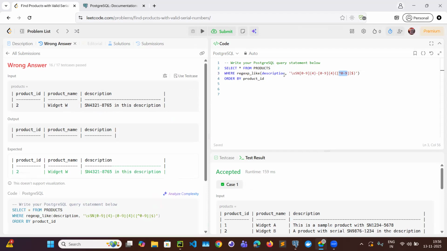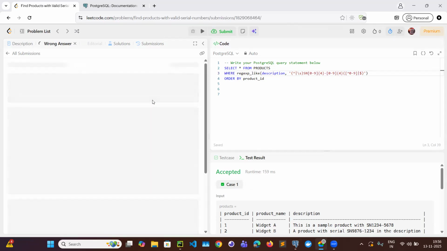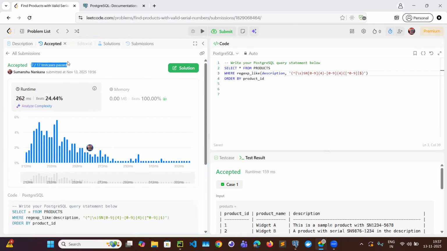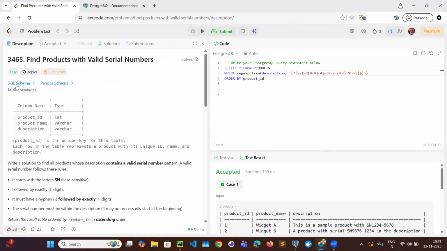So there should not be a required space, which means it can be a space or it can be the start, and we can group this. Now let's try that. So you could see now all the test cases have passed,